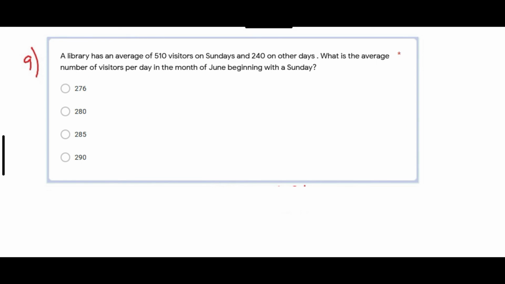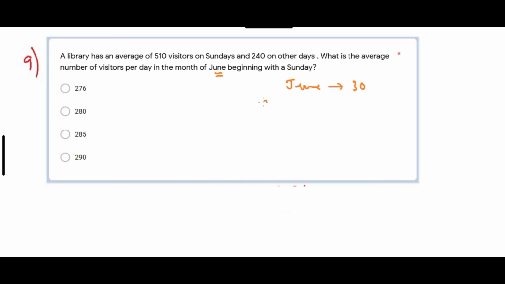This is the ninth question. A library has an average of 510 visitors on Sundays and 240 visitors on other days. What is the average number of visitors per day in the month of June beginning with Sunday? So June means we have